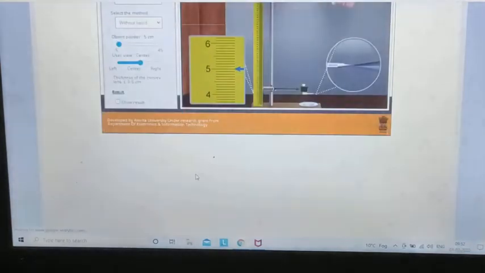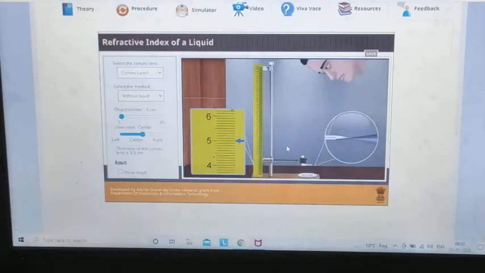Now when you click, you can see this is the page that will open here. In this page, first you can see this is our retort stand, and in this retort stand a scale is already attached. Whenever you move it up and down, a magnified image of the scale will also show, through which you can note down the reading easily.